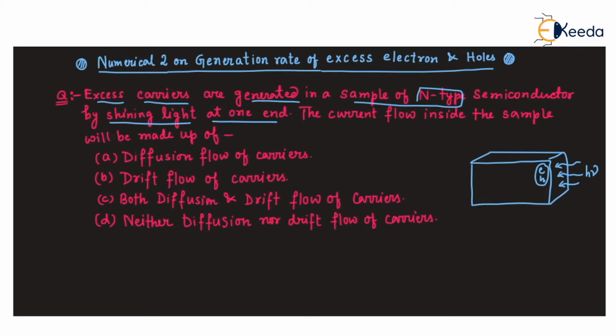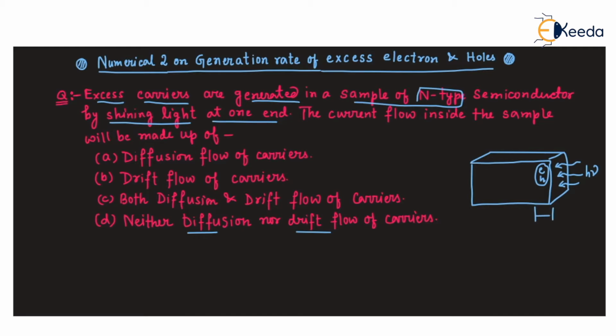The current flow inside the sample will be made up of, there are four options: diffusion flow of carriers, drift flow of carriers, both diffusion and drift flow of carriers, and neither diffusion nor drift flow of carriers. So we have to choose the right option. It is a multiple choice question. We know that after shining light at this end,